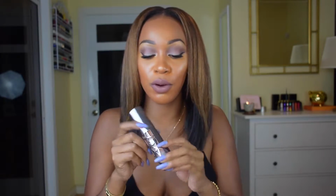Air doesn't hit it at all. I really do prefer airless pumps. And this is a good plastic. I'm happy that this is plastic because if you drop it, your heart's not gonna break as much as if you drop glass. Let's be serious, because Lord knows, when you drop a glass foundation, Lord. And on the Urban Decay website, Urban Decay describes this foundation as